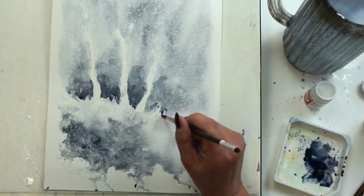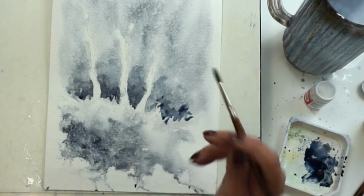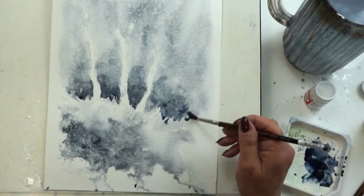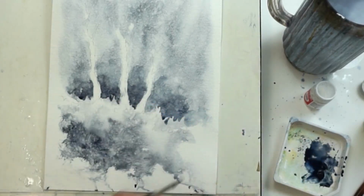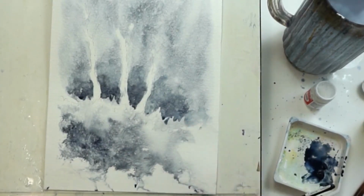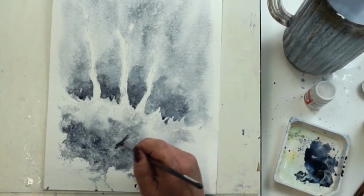A few more little darker marks down here, I think. So, the importance of negative painting, because not only have we now defined those lovely tree shapes, we've also helped to describe the grass as well, or the shrub, should I say. We can break it down even more by giving it some more value. So if we've got the light coming from this way, perhaps we can say, okay, let's put in